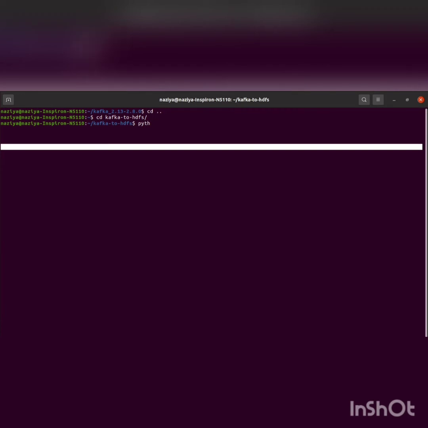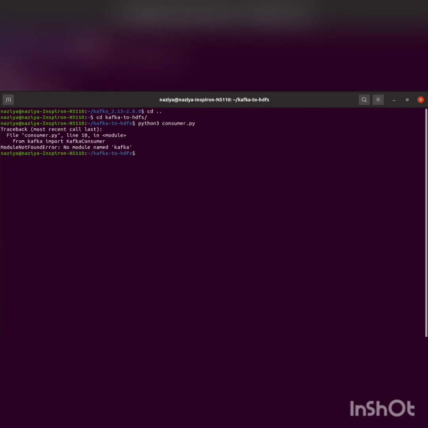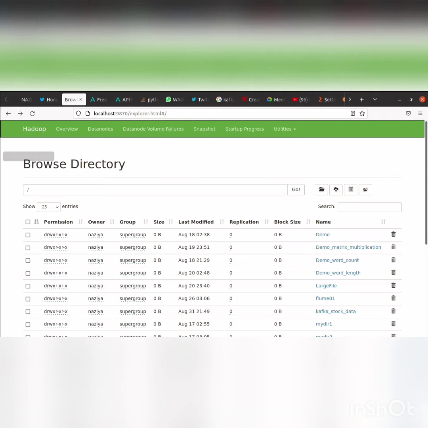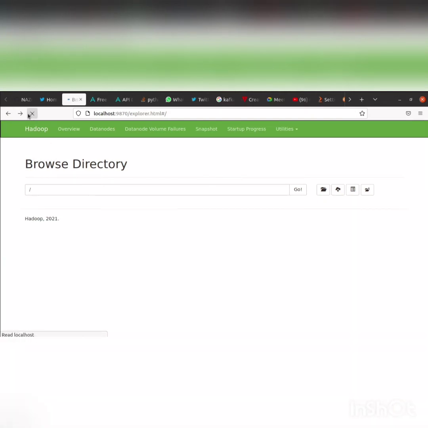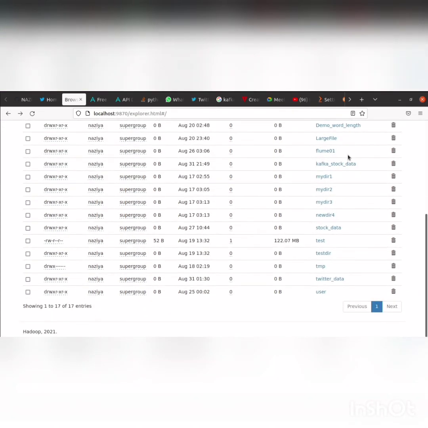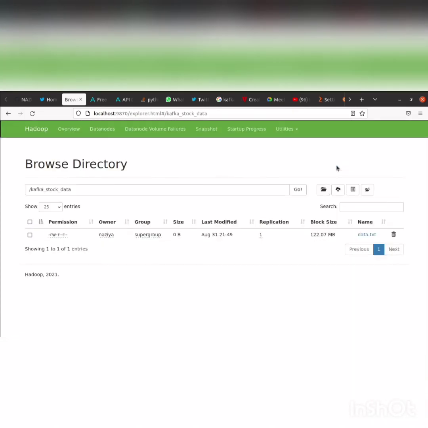So now I'm running this consumer file. This will create a Kafka stock data directory in the HDFS, and will also copy this empty data.txt file. As you can see over here, we have this Kafka stock data directory.